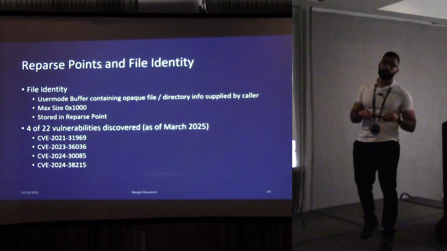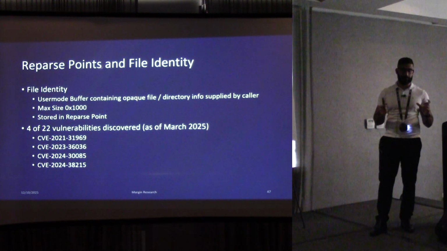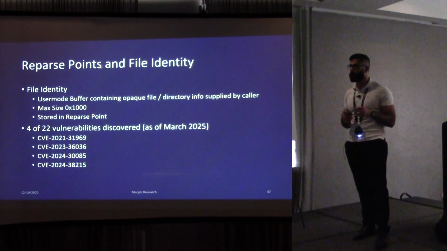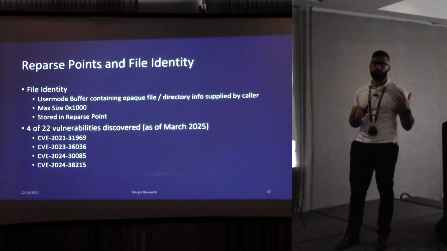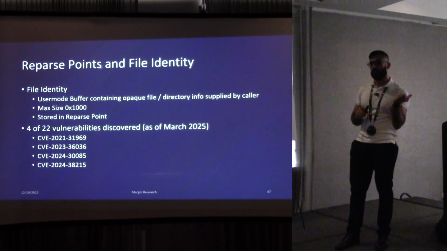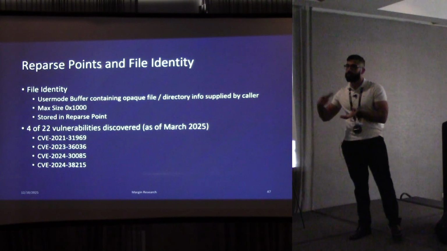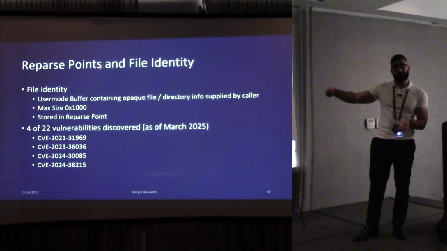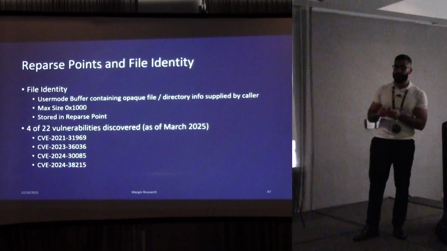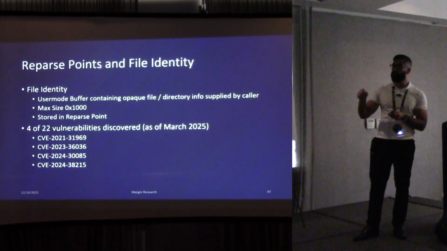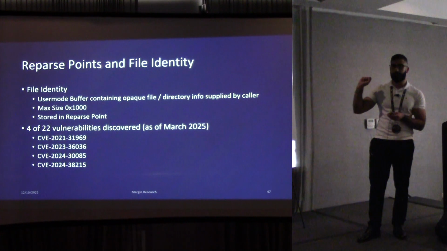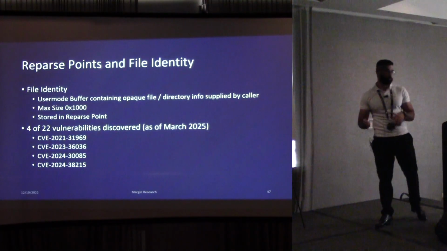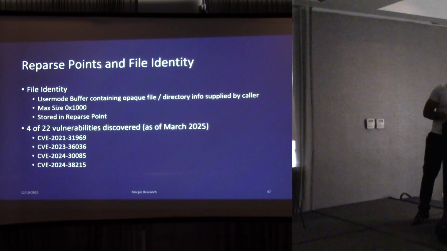What is a reparse point? Reparse points, generally, it's a buffer or a tag you can add, I believe. I'm not sure if it's to files or streams, but it's one of those two. But for layman's terms, reparse points are generally used for symbolic links. So you typically set a reparse point to create a symbolic link or a junction in Windows. Minifilter drivers use reparse points to tag individual files. So when there's a file operation, it will go check the reparse point and so on and so forth to say, hey, this is a file I actually care about. Anyway, by the time I did my research,